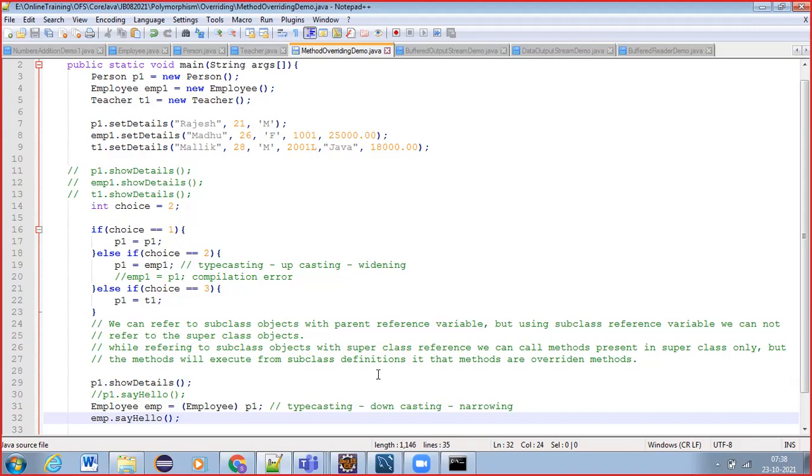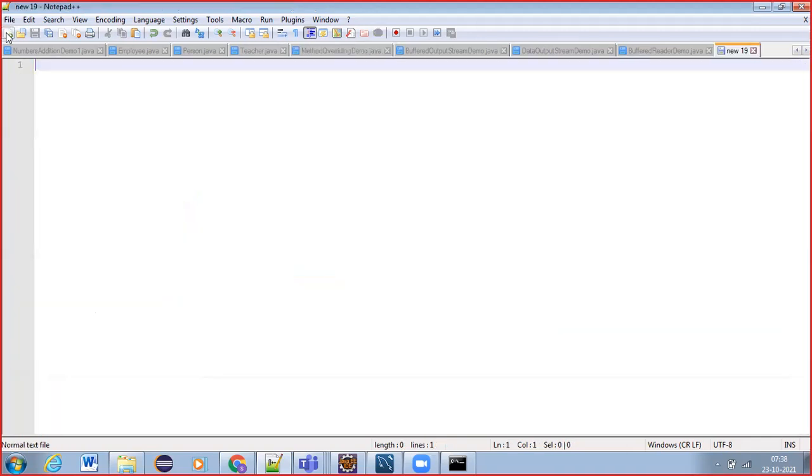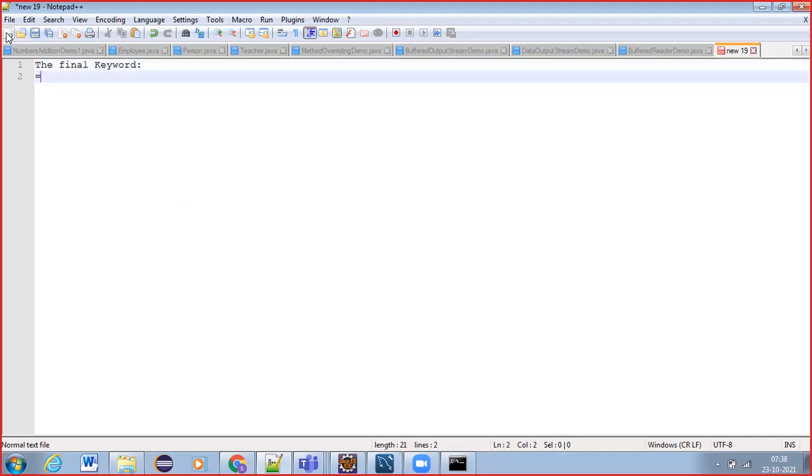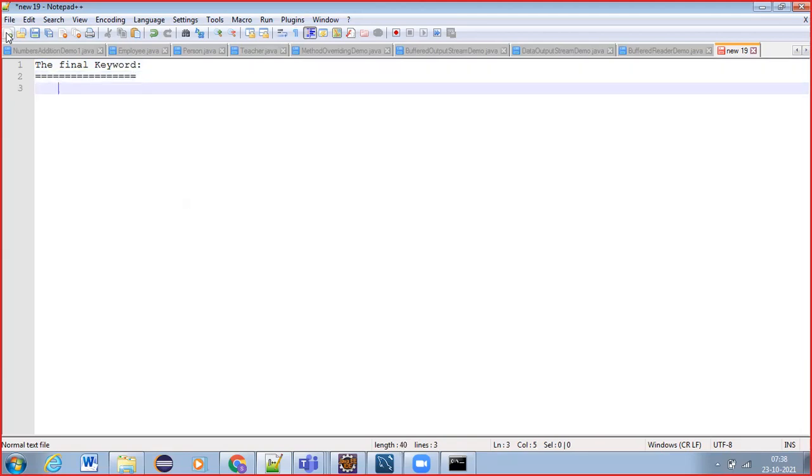Next, the final keyword. In Java's list of keywords, we have a keyword called the final keyword. How do we use the final keyword, and what is its impact on your programs, that we discuss now.